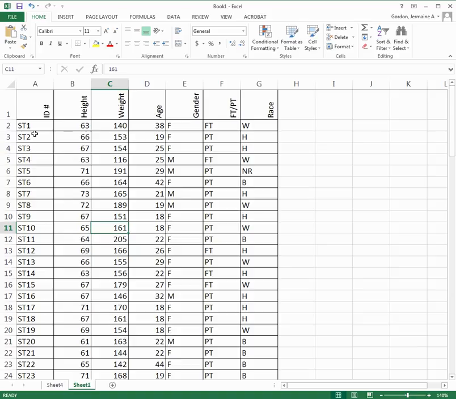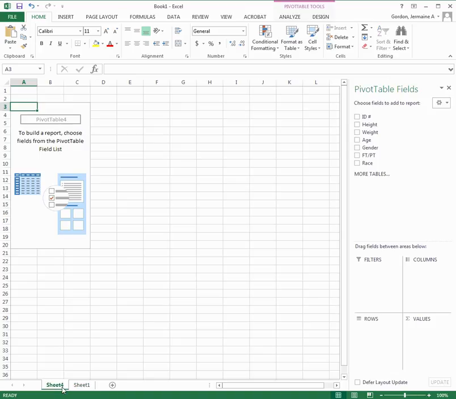If you don't have them as alphanumerics like this, what will happen is when you create your pivot table, it'll actually sum up the values of the student ID, which actually have no meaning. So I create the student ID as a string. All right, anyway, so here are all those variables: ID number, height, weight, age, gender, part-time, full-time status, and race. So what I'm going to do is go ahead and create a pivot table